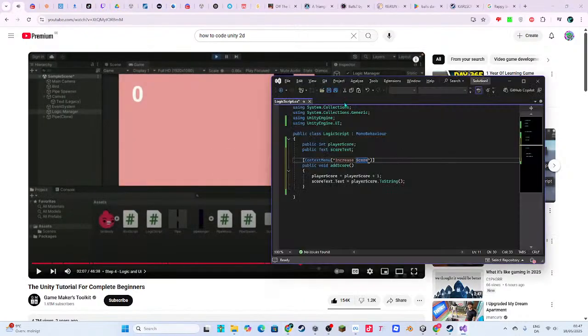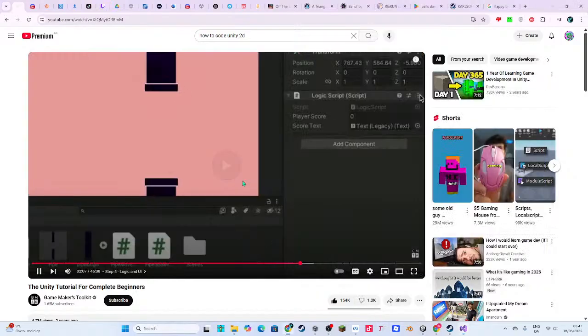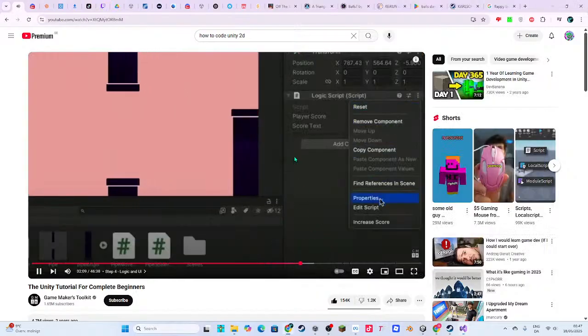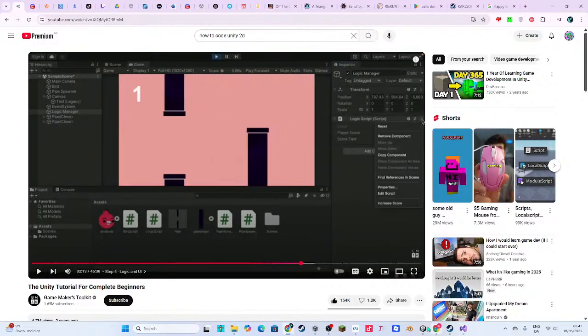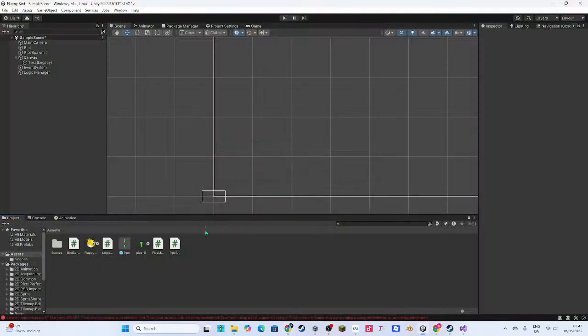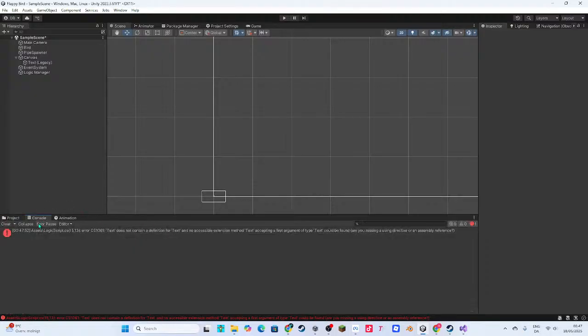Now in Unity, while the game is running, hit the little dots on this script and pick the function. Nice. This sort of thing comes in real handy.